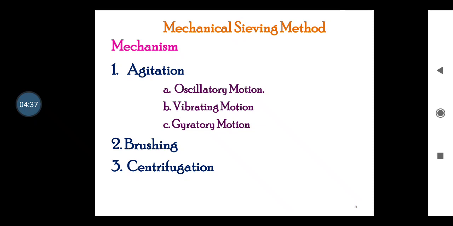And the third one is gyratory motion in agitation. In this type of motion, an eccentric flywheel is used for rotating the sieve, which is placed on a rubber mounting and is fixed on an axis in a circular motion. This type of rotary movement provides a spinning motion to the particles, which results in the passage of particles through the sieve. These movements can be either along the horizontal or vertical plane. Also, it may be gyratory on one end of the screen and oscillatory at the other end.